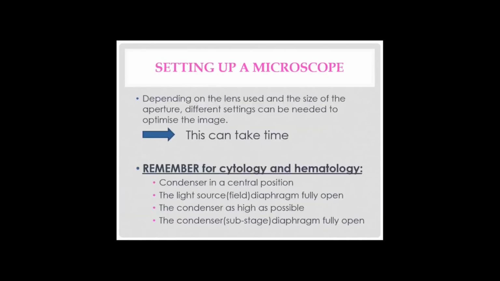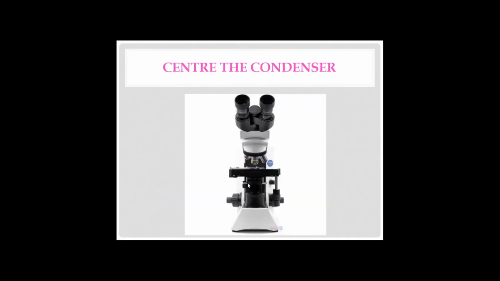So this is exactly what I've just explained, but written out so you can take notes if you wish to. Nowadays, the condenser on some microscopes is fixed in place. You cannot move it up or down. However, on some models, even though it is fixed in place, the diaphragm can still be adjusted by this little wheel here.